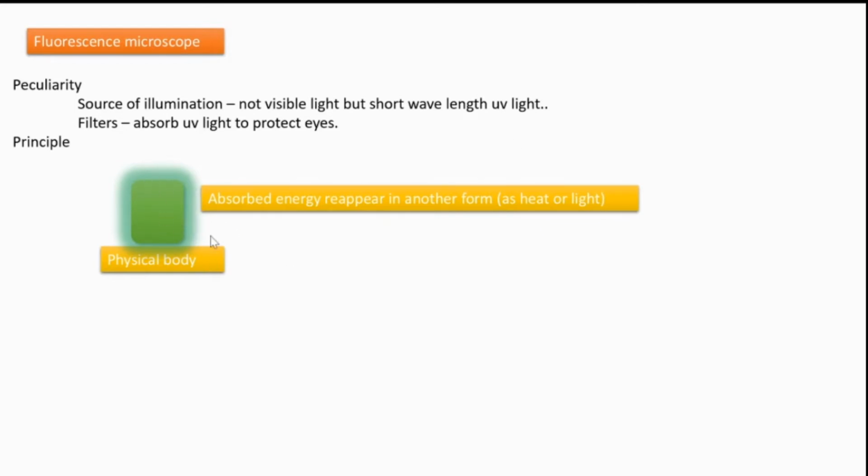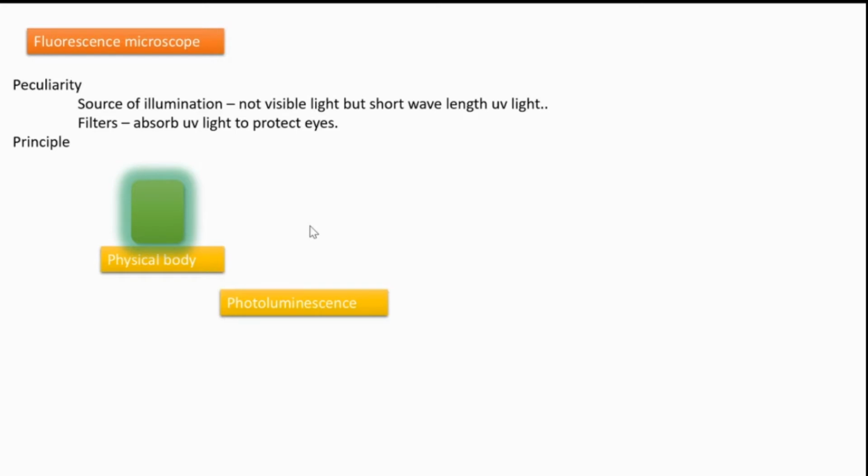That property of a physical body to absorb light or energy and to emit light, that phenomenon is called photoluminescence. What is photoluminescence? The ability of a material or specimen to absorb light and to emit light is called photoluminescence.